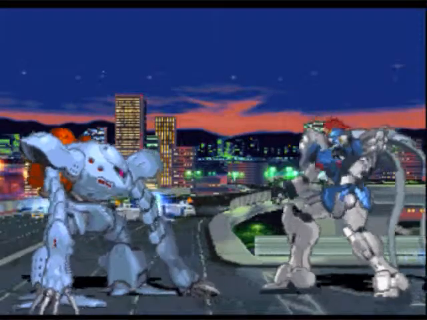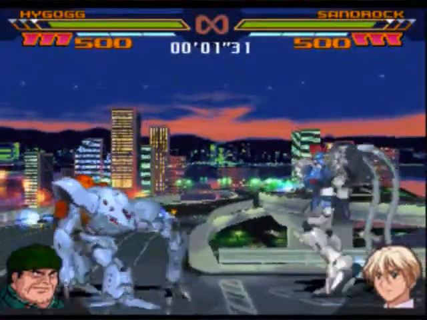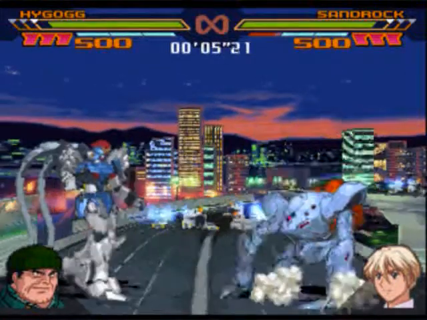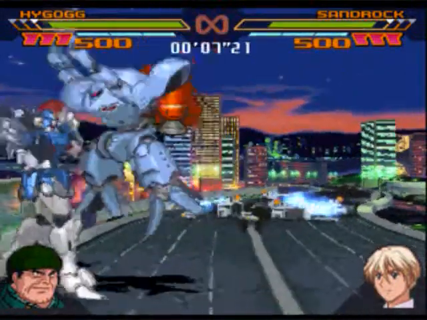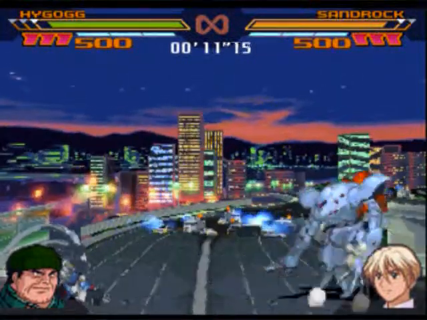Hello and welcome to part 2 of the Gundam Battle Assault 2 basic guide for the Hygogg. If you haven't seen part 1, please do so. The link will be in the description so it'll be easier to find. In part 1 we went over the move list and basic combos and what I like to call dash ducking. And in part 2 we're going to go into more detail on that and some strategy for how to play